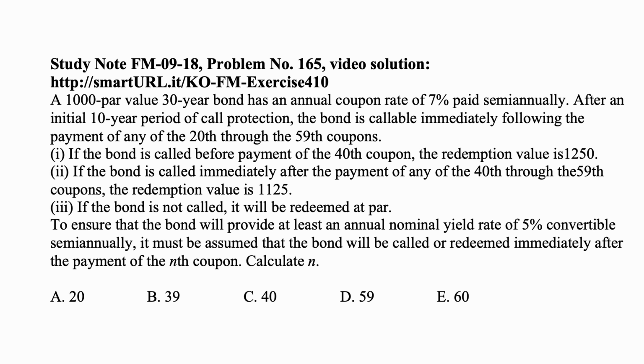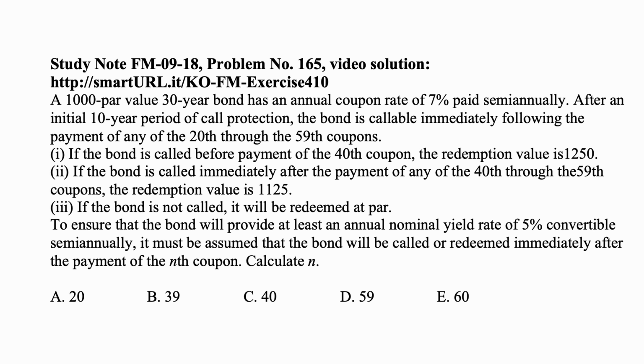A 1,000 par value 30-year bond has an annual coupon rate of 7% paid semi-annually, which really means 3.5%, half of 7% paid per half a year. After an initial 10-year period of call protection, the bond is callable immediately following the payment of any of the 20th through the 59th coupons. If the bond is called before payment of the 40th coupon, the redemption value is $1,250. If the bond is called immediately after the payment of any of the 40th through the 59th coupons, the redemption value is